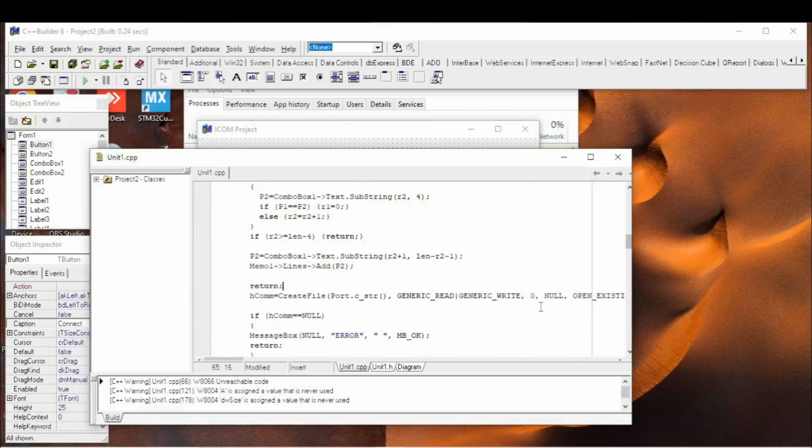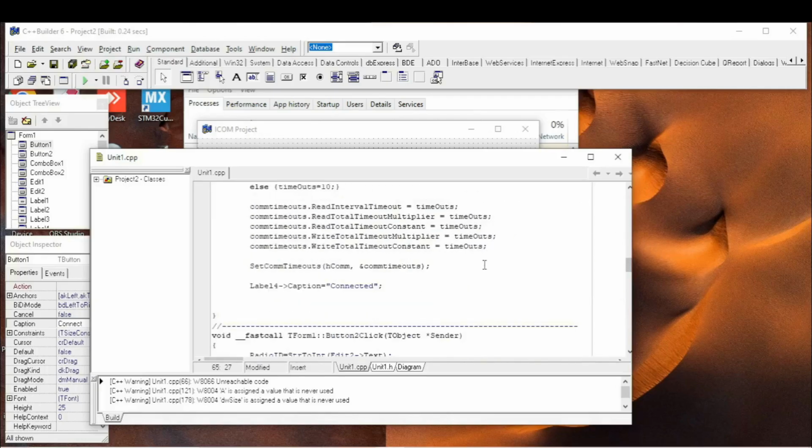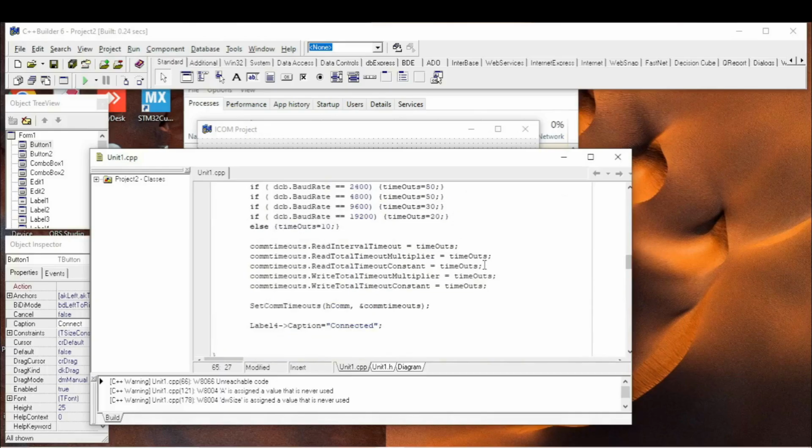So now we need to make a port for creating the file. So let's place port. The symbols are necessary if we use ports more than COM9. It's important. So port is equal to